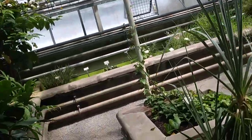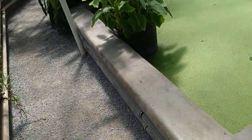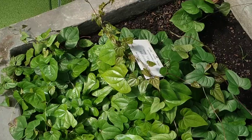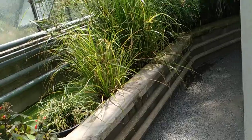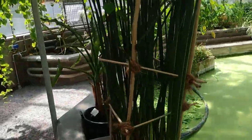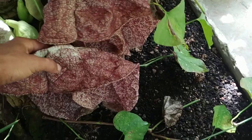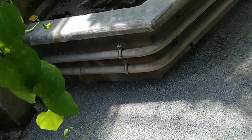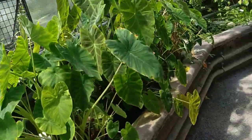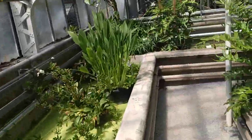Not too many edible fruit here, but a couple of things like some pandanus. Oh, here is some yam. Well, don't eat the fruit of this, but they have edible tubers. Some papyrus, you can eat the young parts of this, but of course not the fruit. Some giant aristolochia flowers, look at that. Yeah, well, not too many edible fruit in this one greenhouse. So let's continue